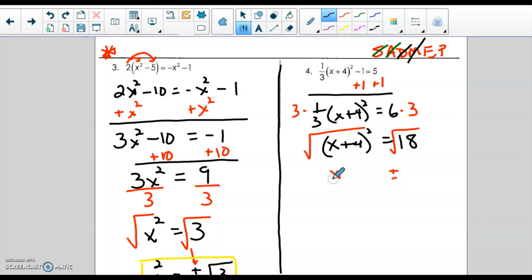x plus 4 equals plus minus the square root of 18, which has to be simplified. We've seen this already. That is 9 times 2. So that is going to be 3 square roots of 2. And we're right back at